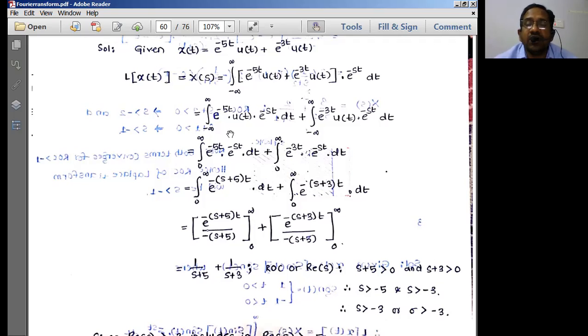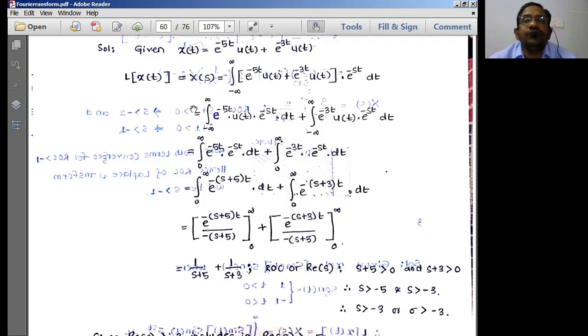What is a plane? A plane is a combination of two axes. Sigma is going to be one axis and j omega is going to be another axis, something like x and y. So if you combine x and y, we get a plane. A plane is nothing but a piece of paper. A piece of paper is a combination of an x axis and a y axis. So you have to imagine this with a piece of paper, which has an x axis and a y axis. Therefore I can call it a plane. Similar to that, we are going to have the S-plane here. We represent the Laplace transform in the S-plane. That means we convert the time domain signal into the S-plane, which is known as the frequency domain representation of the time domain signal.